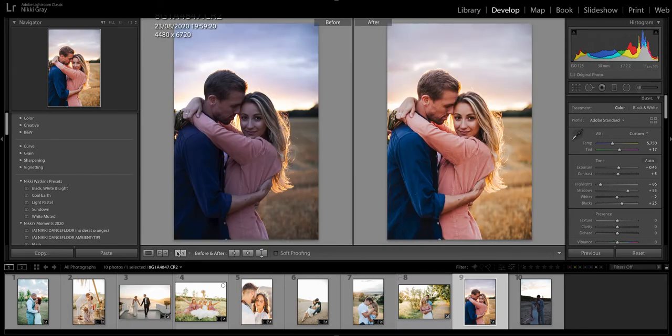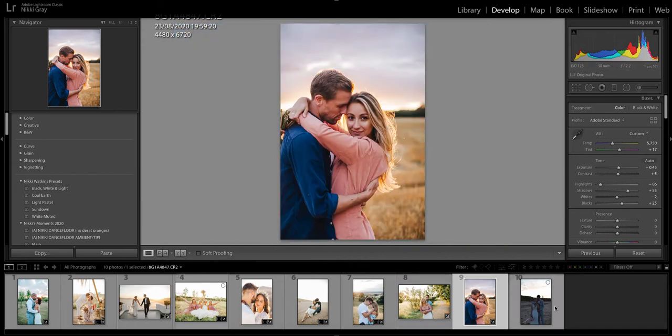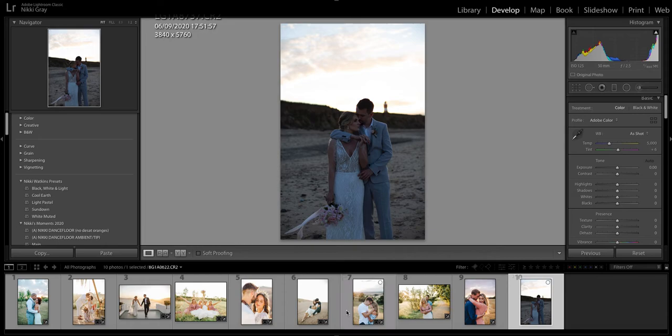Again, if we just look at the two, this one on the left is without, and you can see it's really lightened it up, and you get the nice gold on her hair, and yeah, I'm happy with that one. So last but not least, a beach sunset, and again, underexposed on this